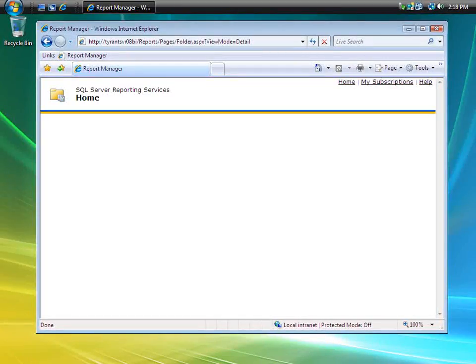Today I'm going to show you how to configure security for a report inside of SQL Server Reporting Services. What I have here right now is a Vista client that is logged into my Reporting Services portal, and as you can see right now, my user Dave Evans does not have any rights to actually see anything inside of the portal. So what we're going to do is go ahead and add rights to him using